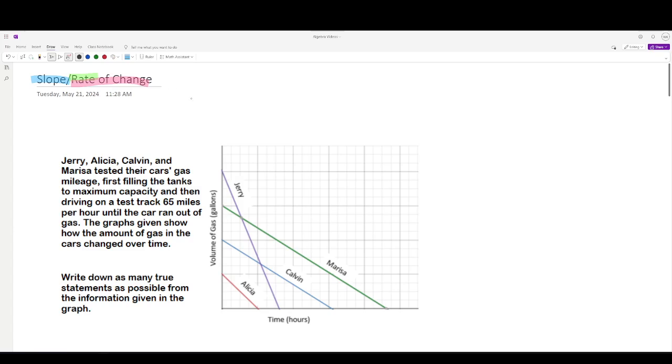So we want to remember that when we see the vocabulary rate or the full phrase rate of change, we should immediately in our brain be translating that to slope. Or in terms of an equation, m, which we'll talk about in the next notes, I think. So when we see rate or rate of change, we need to just recognize that that is talking about the